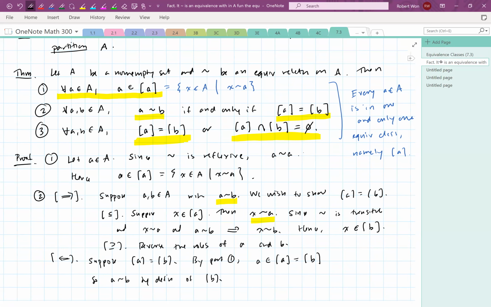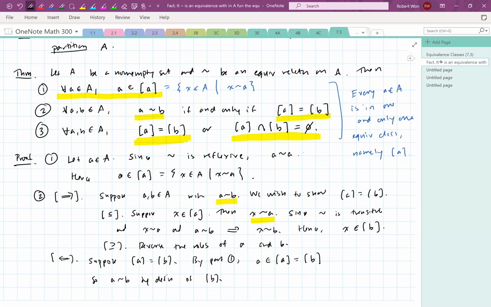If this is little a, then this green thing is the equivalence class of a, and it could contain some other elements. But the point is now, if you look at every single element in A, it's in one of these equivalence classes, and it's in only one of these equivalence classes. These equivalence classes don't